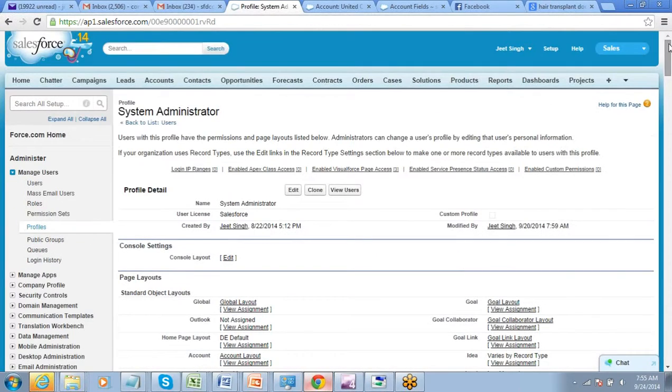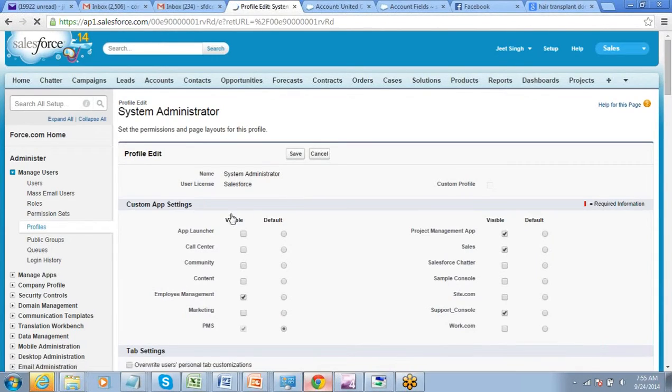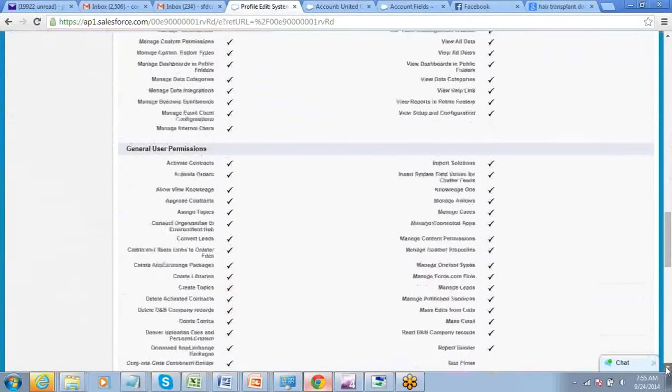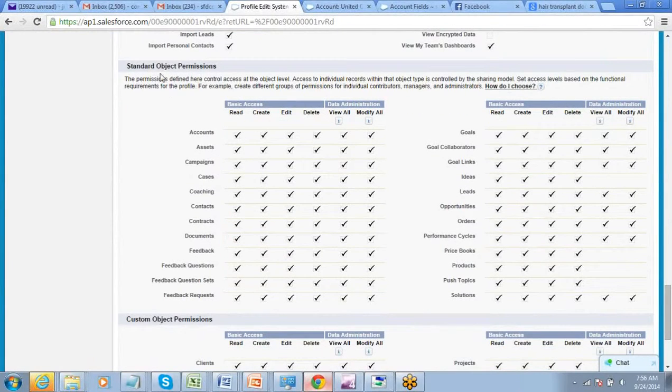So in the standard profile, if you click on edit, this is a standard profile, system administrator, right? If I click on edit, I can edit the app permissions, I can edit the tab permissions. But if you scroll down further, you will see that there is no option for you to edit anything else. So the standard profile does not allow you to edit the object permissions.